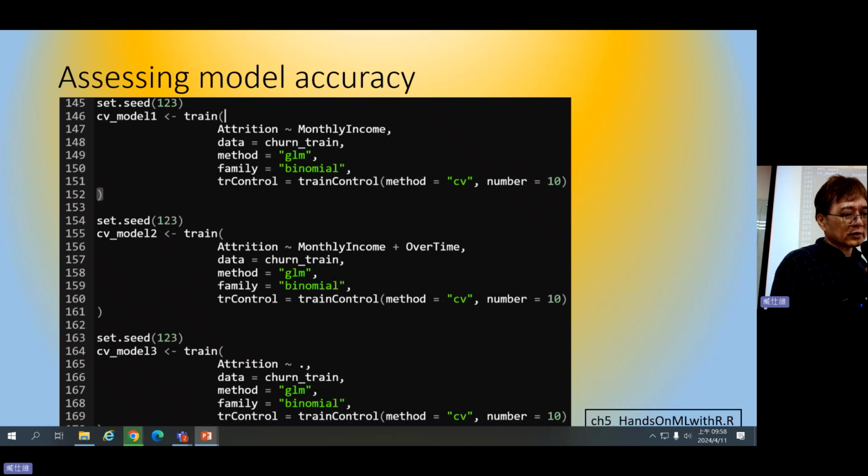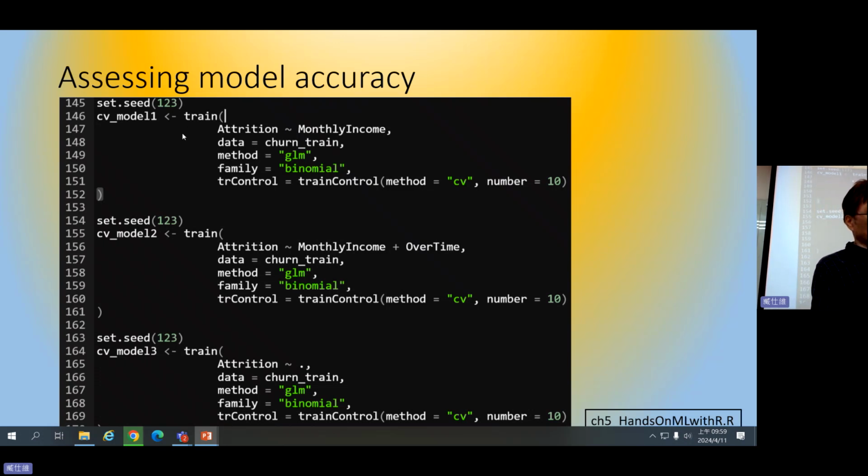But in this case, we are using the CV approach, which means cross validation. Cross validation is a different approach to sample the data, and that means we can go through this process to get a better representation of the sample data, so that we can better evaluate the result here.